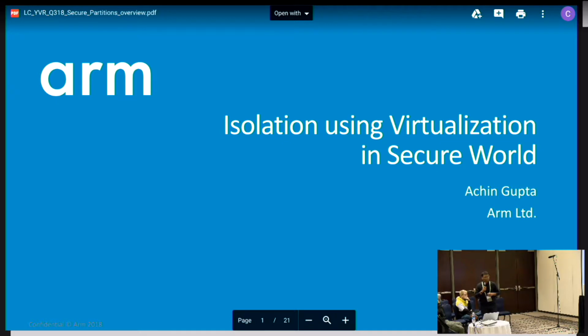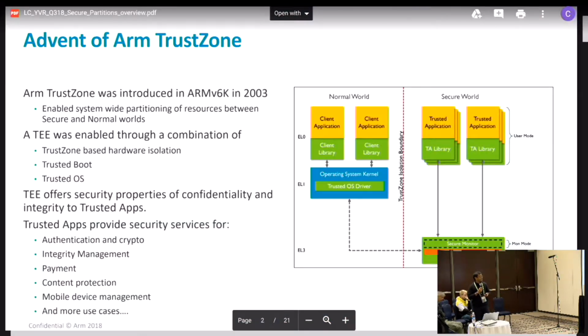presentation. So getting started, the introduction of virtualization extensions in the secure world is a step in the evolution of TrustZone. TrustZone itself was introduced back in 2003 in Arm v6k and enabled system-wide partitioning of resources between the secure world and the normal world. So what this enabled was that you could create a trusted execution environment that was distinct from the general purpose operating system. And in this trusted execution environment, with trusted boot and a trusted OS, you could provide the properties